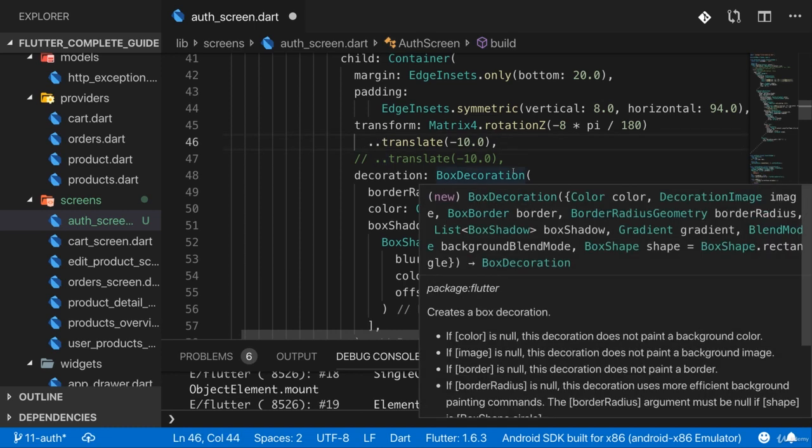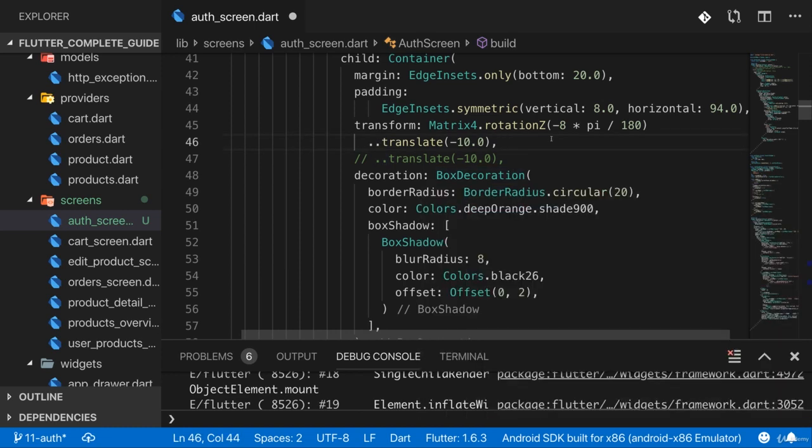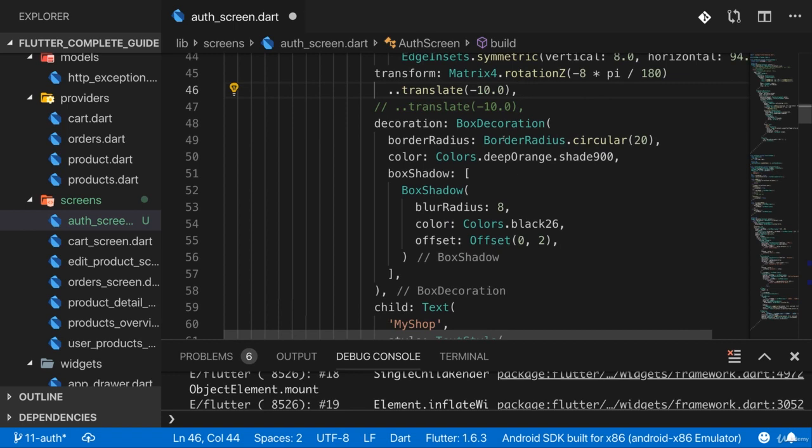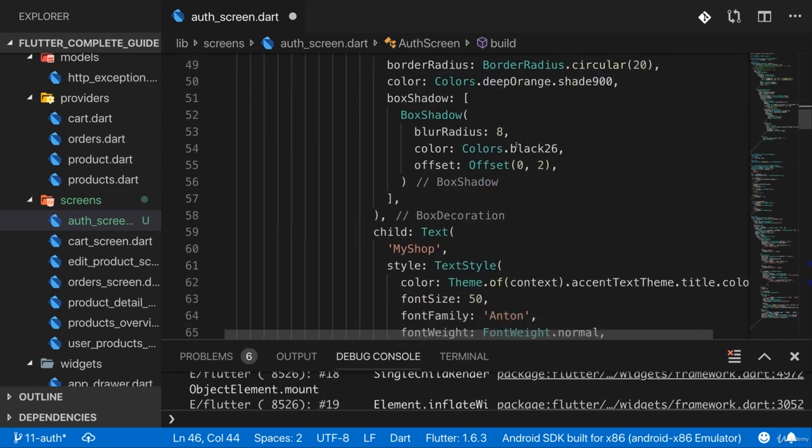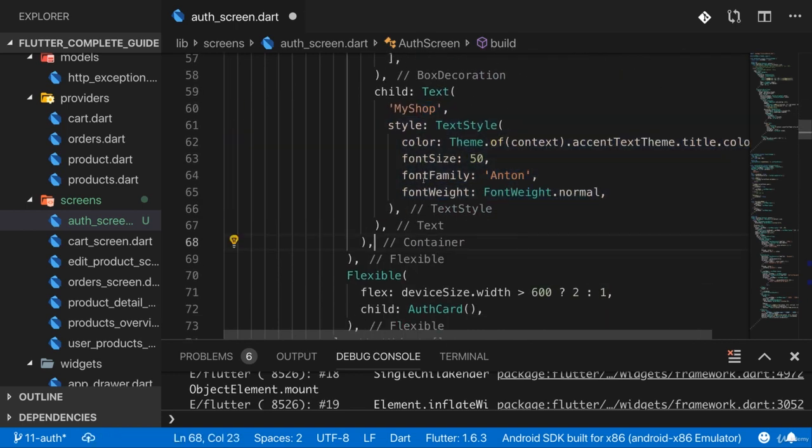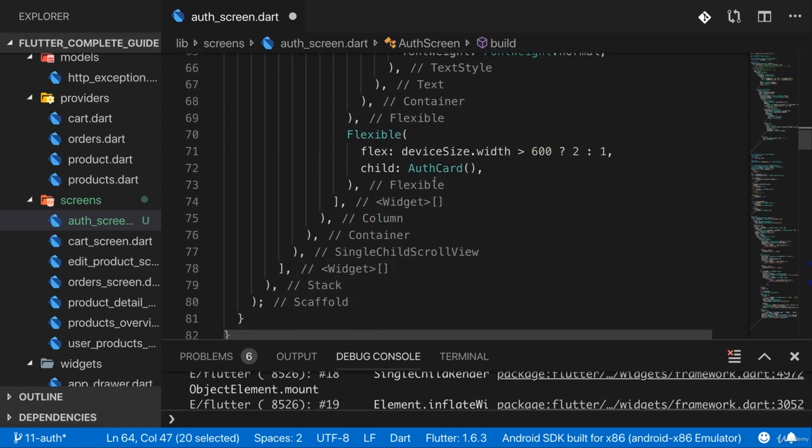It simply is a replacement for having an extra variable and multiple lines of code just to set something up and then call something on it and then use the originally set up object. There was a lot of talking about this, but it is important to understand the syntax. Other than that, there is nothing spectacular here. Just a little bit of box shadow setup, then a title here with a font, the Anton font, which we already added earlier, and that's it.